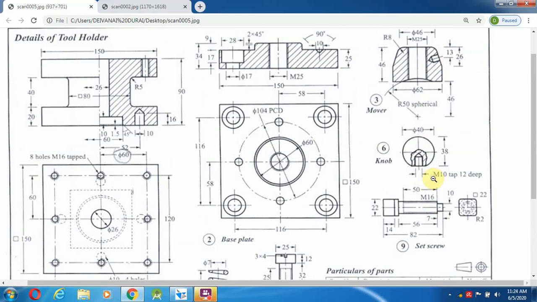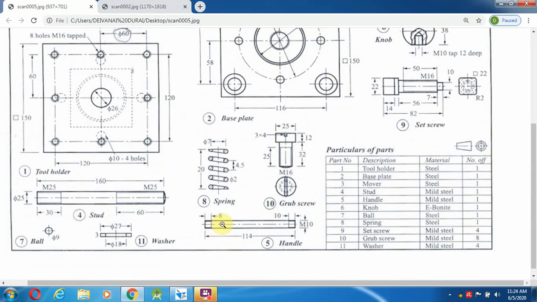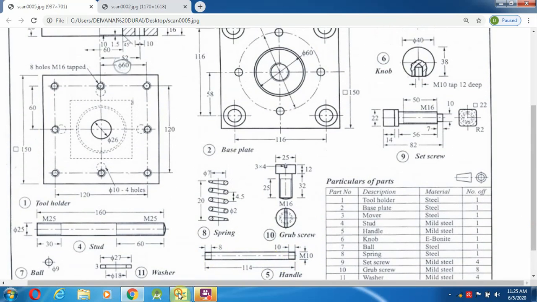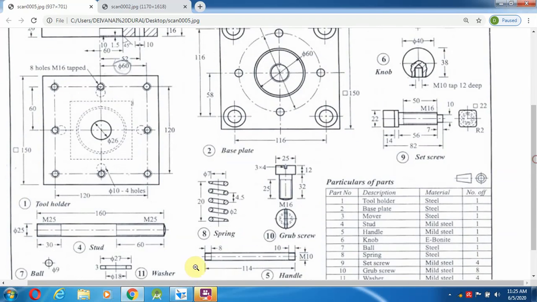Okay, the knob diameter is given as 10 mm, and on one more side the 10 mm is given over here for the handle. Then 8 is there, so we have to create an 8 mm hole, having a length. How many mm is the length? You can find the length over here also, and that is 8 mm. It's not the 8 mm diameter, the diameter is the same, 10 mm only. So 10 mm diameter, 8 mm length.